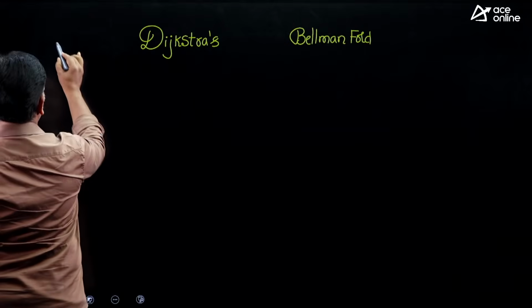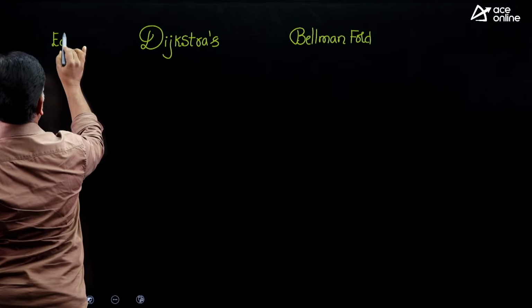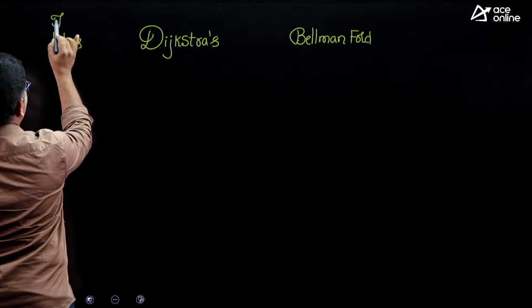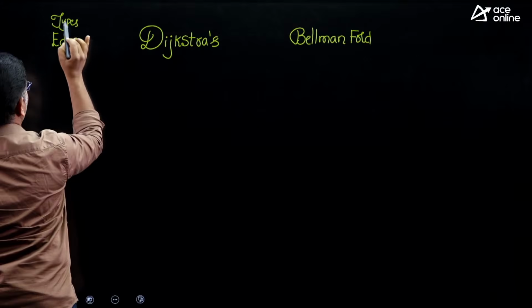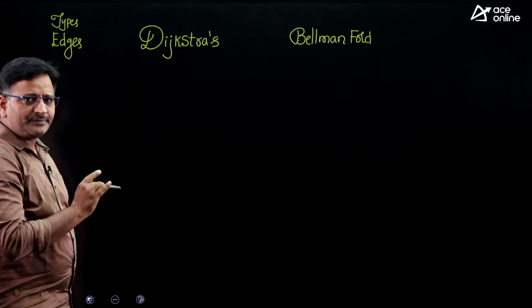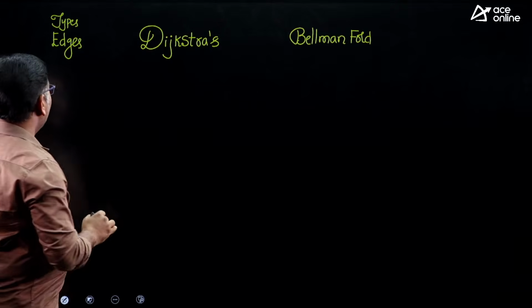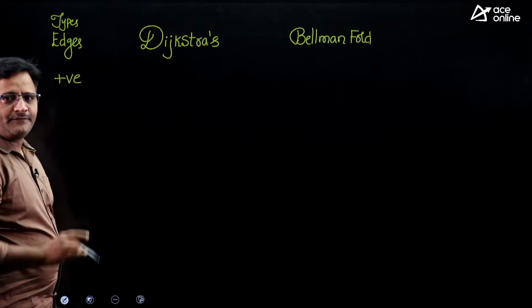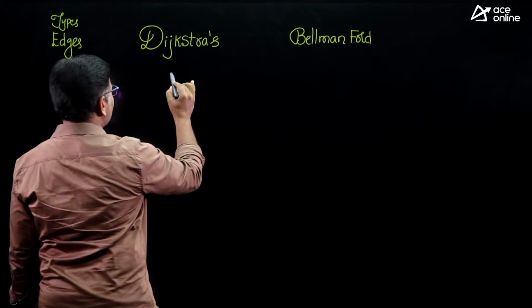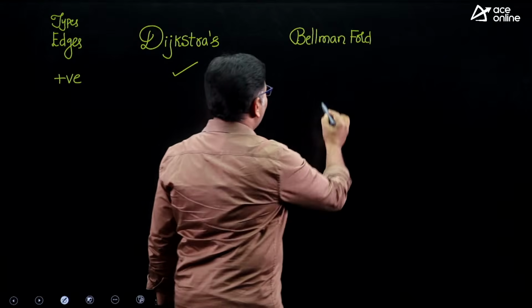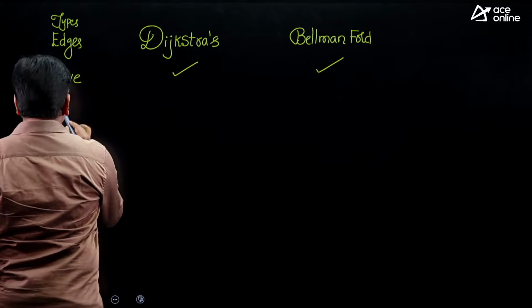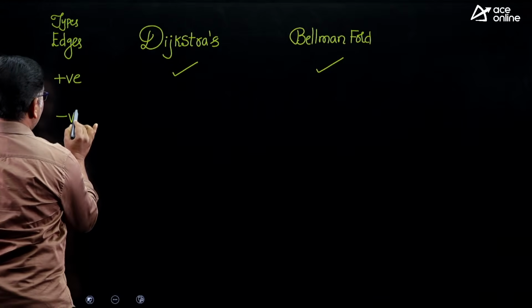If you see edge categories, for example, edges, I can see the types of edges. Types of edges doesn't mean back edges, tree edges and like that. Okay, here all edges are positive weights. If all edge weights are positive, then Dijkstra algorithm computes shortest path correctly and Bellman-Ford algorithm also computes shortest path correctly, friends. Okay, but if some edge weights are negative,